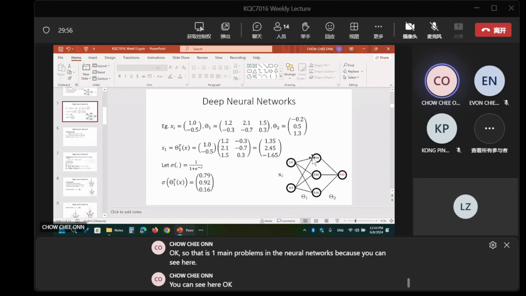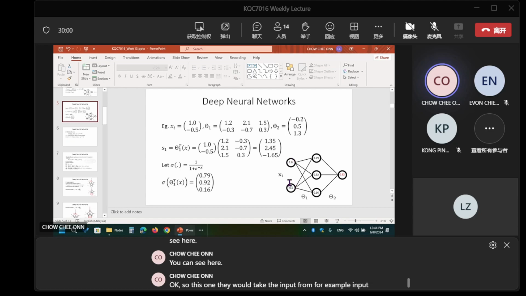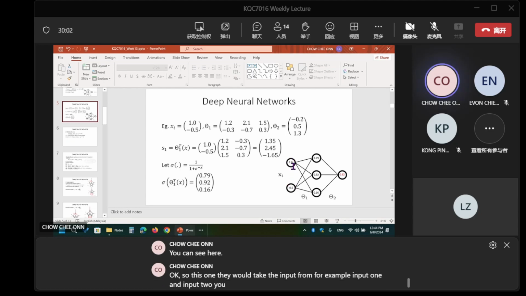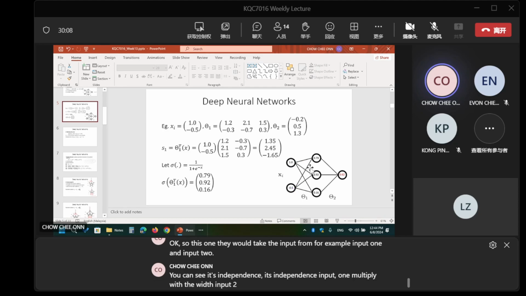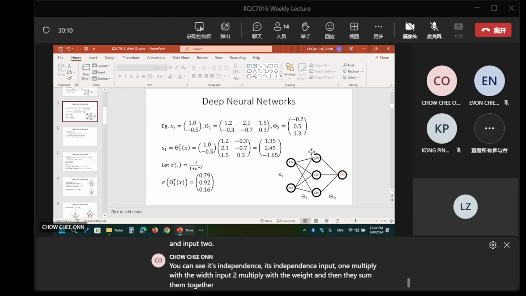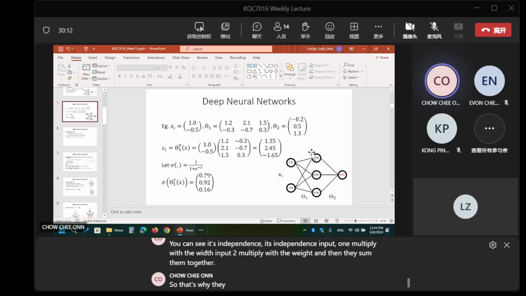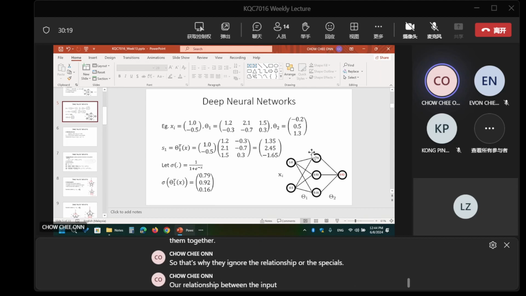You can see here, this one takes the input from, for example, input 1 and input 2. They are independent. Input 1 multiplies with a weight, input 2 multiplies with a weight, and then they sum them together. So they ignore the spatial relationship between the inputs.